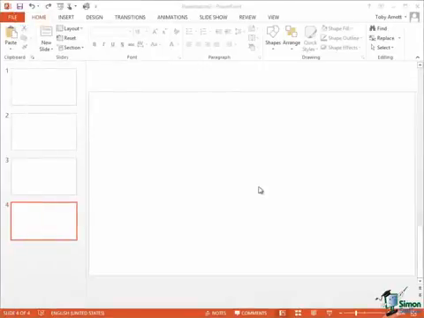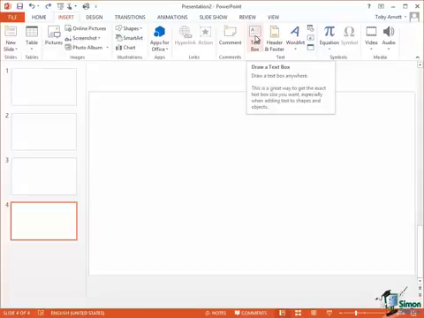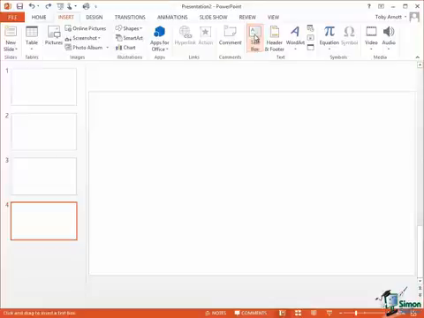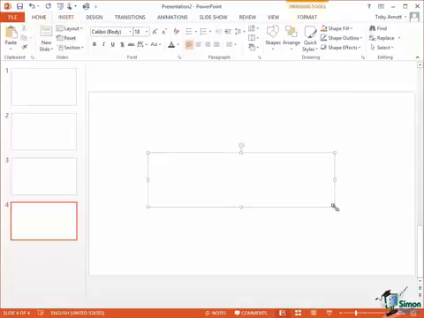So in order to put some text here, we're going to insert a text box, and on the Insert tab in the Text group one of the options is Text Box. Now this draws a text box anywhere, and in order to draw this text box we click that button, and as you move the cursor over the slide the cursor changes to become a vertical line with a little sort of cross at the bottom. It looks something like a sword upside down, and you basically draw the text box. Now don't be too confused by the size of that box at the moment, but the first thing you must